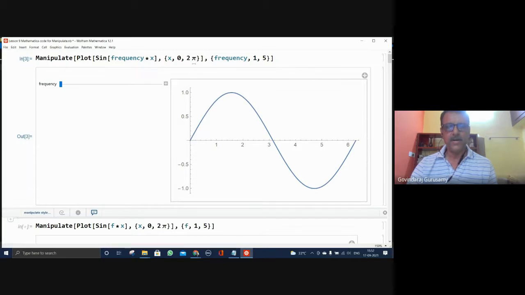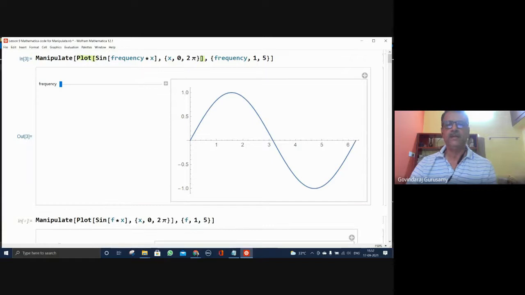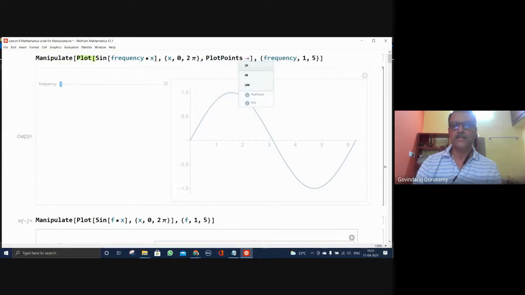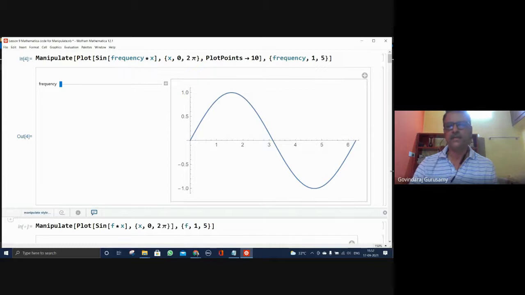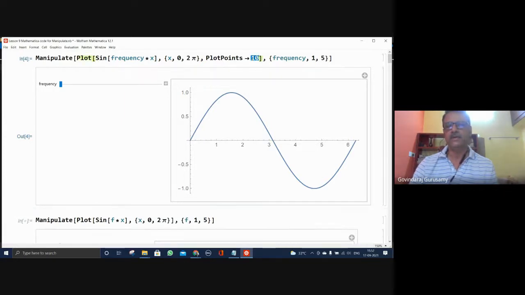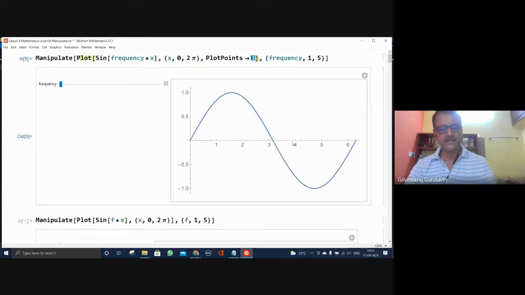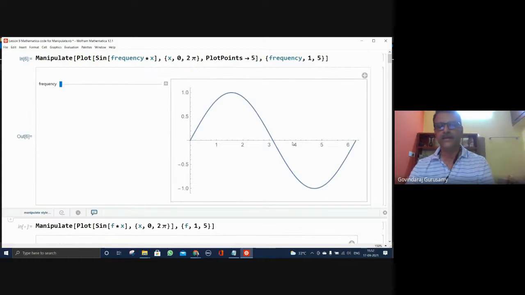Also, the plot points option is also available. I can have 10 points being connected. Suppose I take only 2 points. That will be 3. Again, in between it takes only 3 as given, but the in-between data has been considered and it has been generated here.